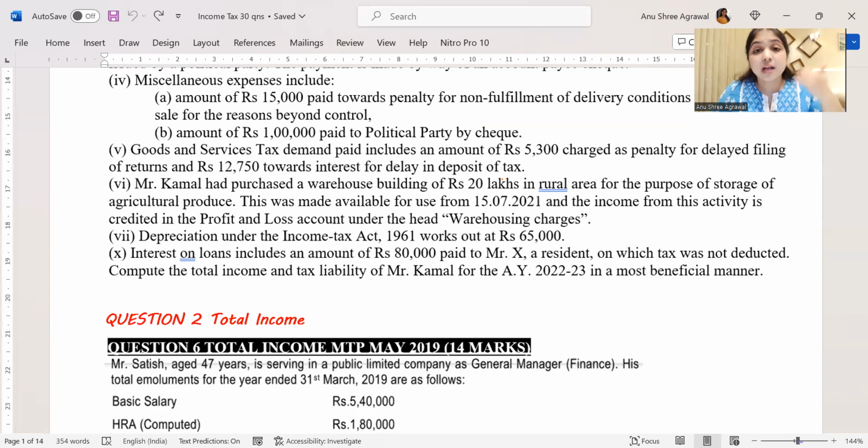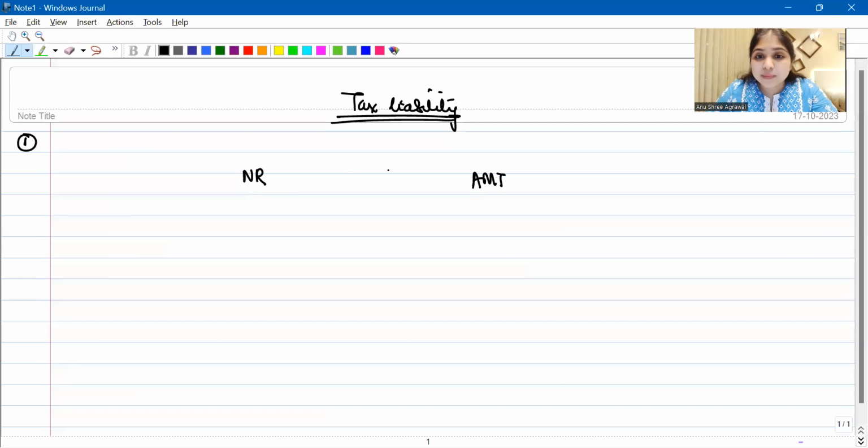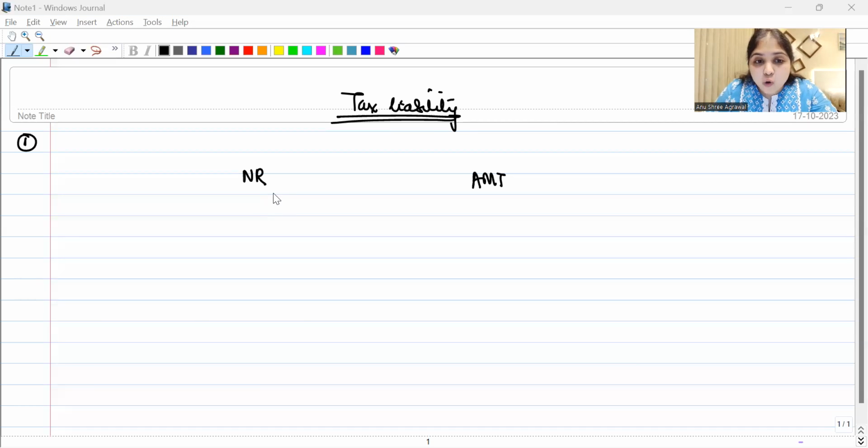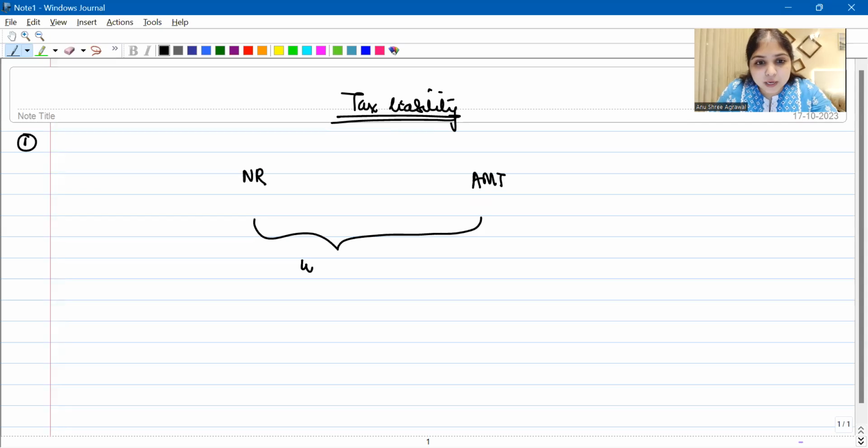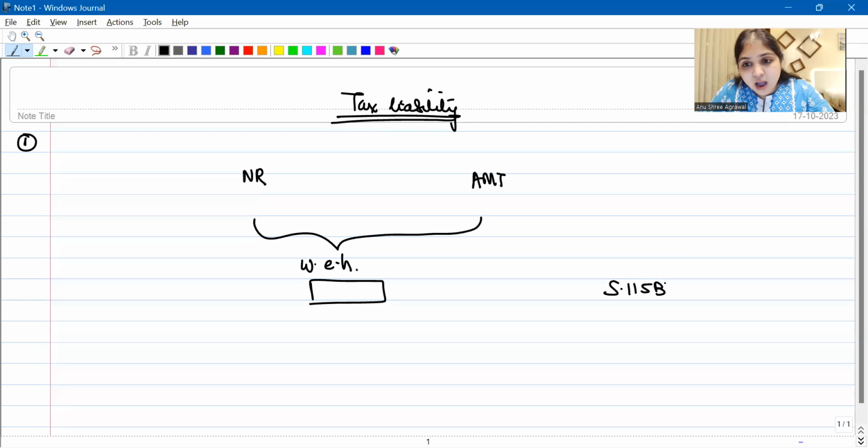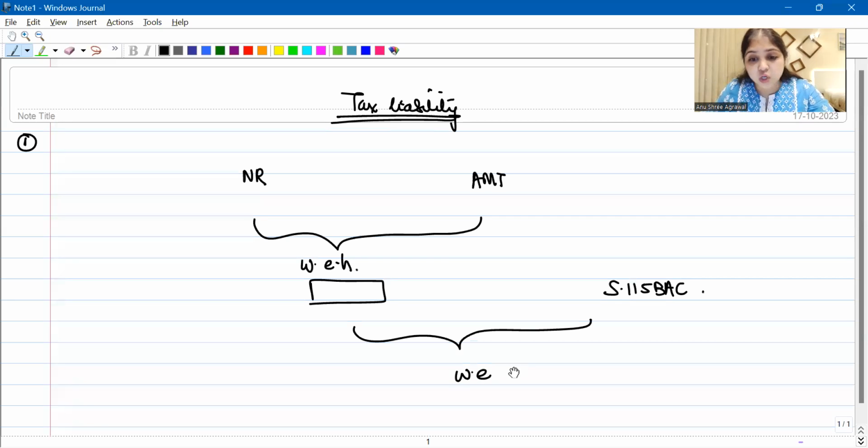They will not talk about AMT. You only have to remember things like the partial integration method, things like AMT, they will not talk to us about. We only have to remember. So normal rate, AMT: we will see what is the normal rate tax, what is the AMT tax. Out of these two taxes, which number do we have to pick? We have to pick whichever is higher. So we will have the higher number. We will compare this higher number with the 115BAC tax. Out of these two taxes, we will pick whichever is the lower number.